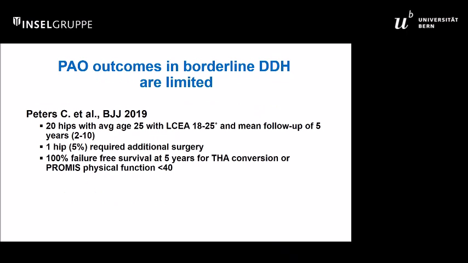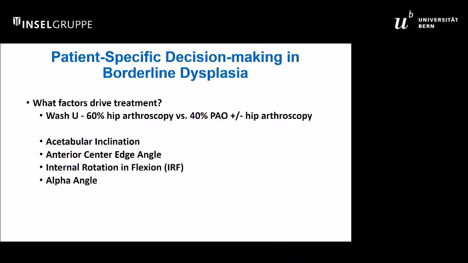If we look to the literature, small cohorts from several institutions, including Chris Peters' work here, 20 hips, excellent rates of outcome improvement, as well as avoiding subsequent surgery. So how can we decide? Taking a patient-specific approach is really optimal. At WashU, this ends up being probably about 60% arthroscopy, 40% PAO in our current population. Many of these combined PAO with arthroscopy. We've found multiple factors predicting which route we go: acetabular inclination, the anterior center edge angle, internal rotation, and the alpha angle. With these factors, we can really predict the diagnosis in our hands as well as others in ANCHOR.